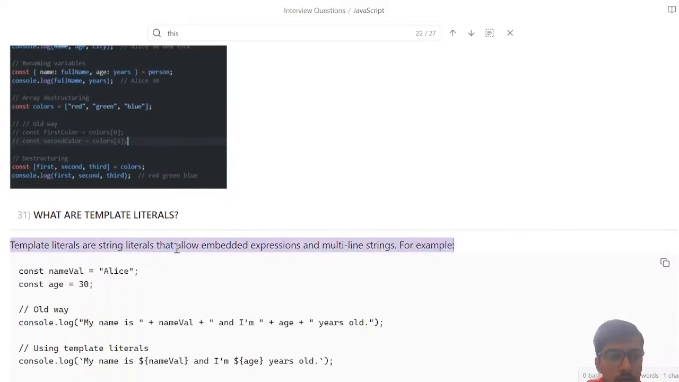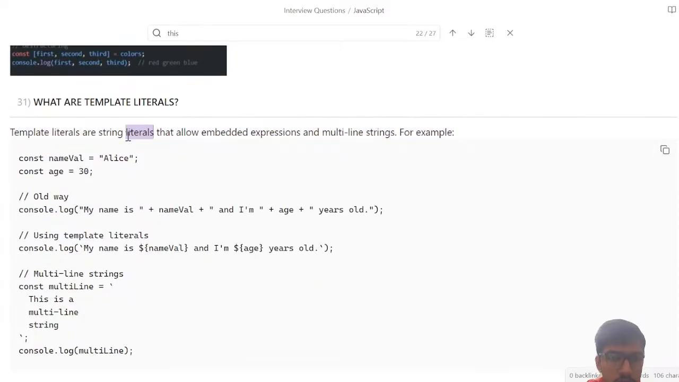What are template literals? Template literals are string literals that allow embedded expressions and multi-line strings. For example, this. String literals that allow embedded expressions and multi-line strings. For example,